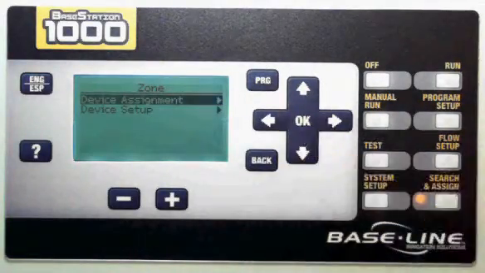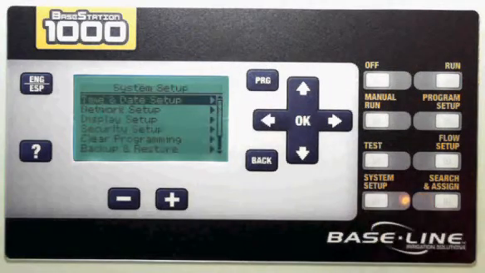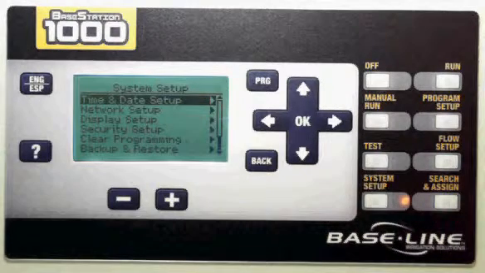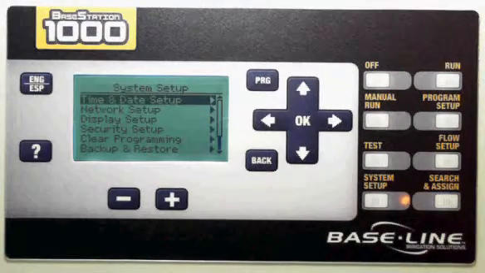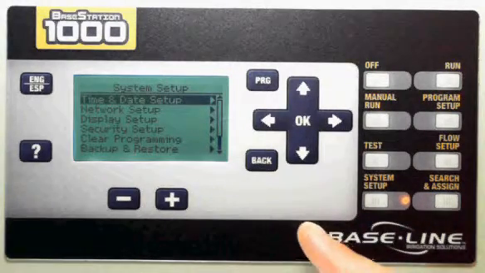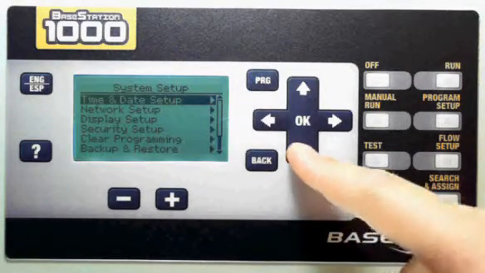The system setup screen is where you set the time and date for your system, where you set up your network settings, enable your local area live view setup, and so forth. If you need to change display brightness, set up your PIN passcode, or have something to do with importing or exporting files or backing up program data, you can do that here. You can also update your firmware in this screen.